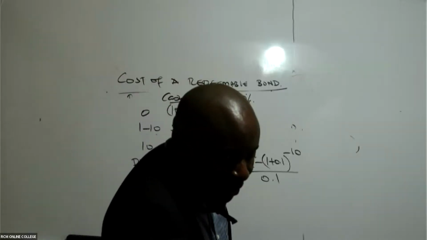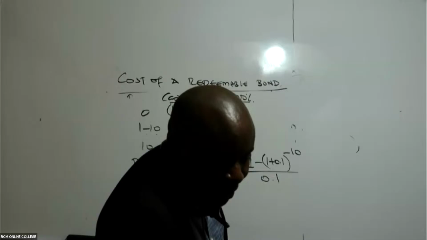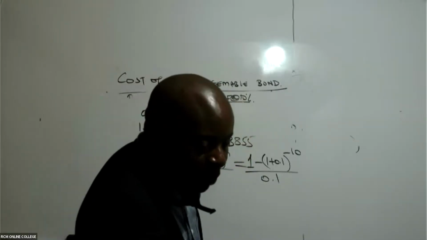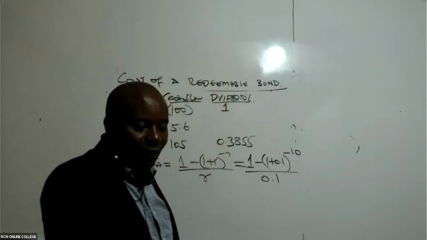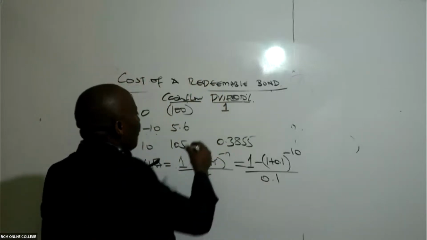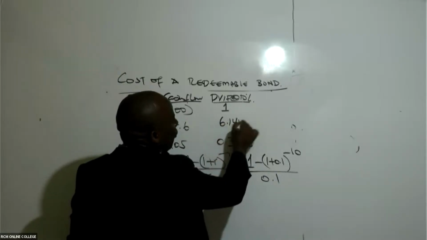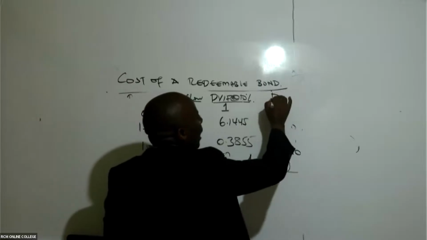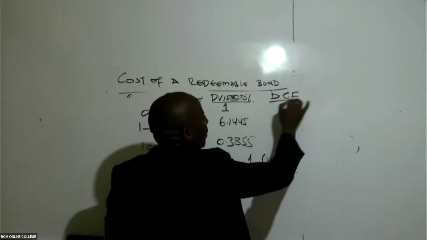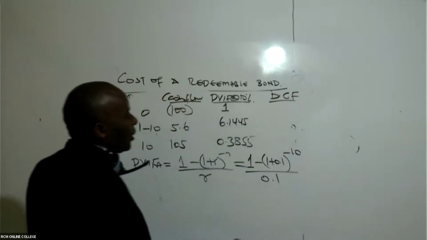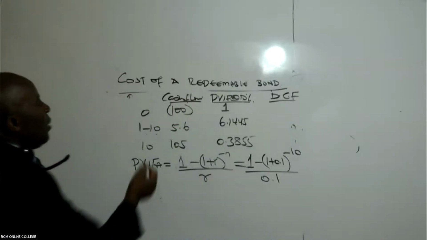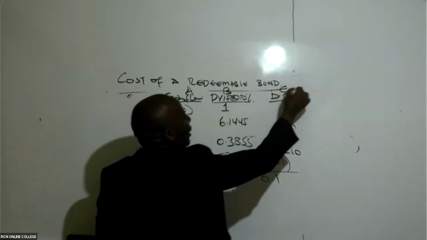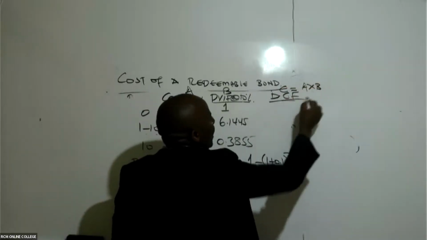All right. So I'm waiting to hear from you guys. That is trial and error. The final one is 6.1445. So I'm being given here 6.1445, my friends. So come and create a column for discounted cash flows or PV, present values. Discounted cash flows: if this is A and this is B, then to get the C, you will take A times B.